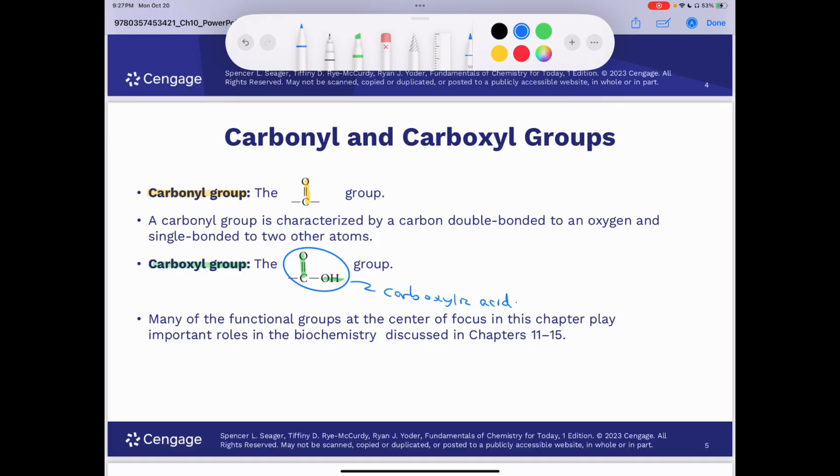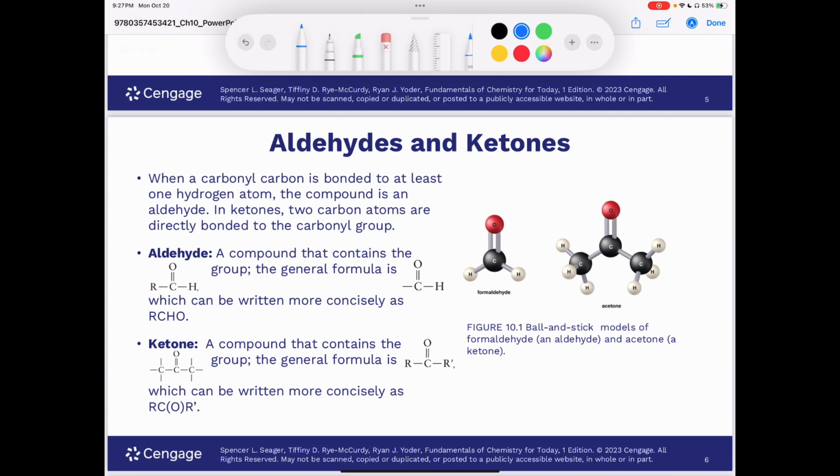And it says here that many of the functional groups at the center of focus in this chapter play important roles in biochemistry, and biochemistry is going to be discussed in chapters 11 through 15. Now, like I said, a carbonyl group is when we have a carbon with a double bond to oxygen like this. Carbonyl groups are found in what? They're found in aldehydes and ketones, as well as other functional groups, but we're going to focus on aldehydes and